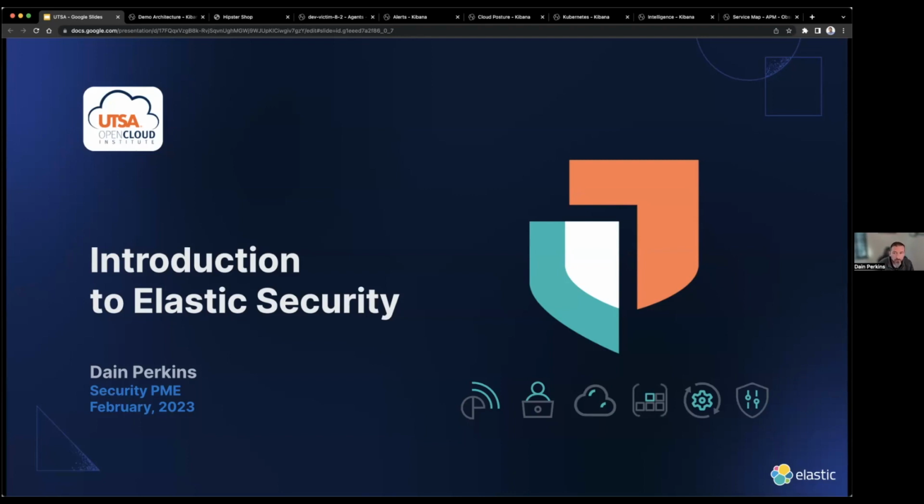We're going to be going through today a fairly quick introduction to Elastic Security. We do have another presentation scheduled, I believe, in April, where one of my coworkers, James Spiteri, will be going into some more details about some of the capabilities. But today, I'm really focused on just getting a general feel for Elastic Security for anyone who may not have seen it before, or maybe hasn't seen some of the new features that we've come out with in the recent